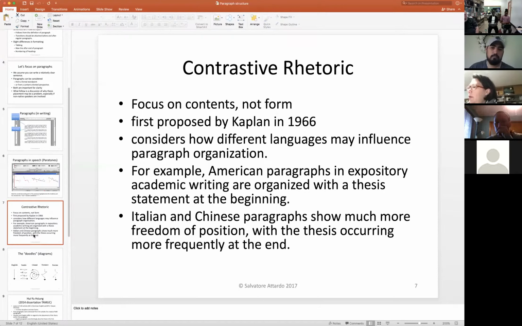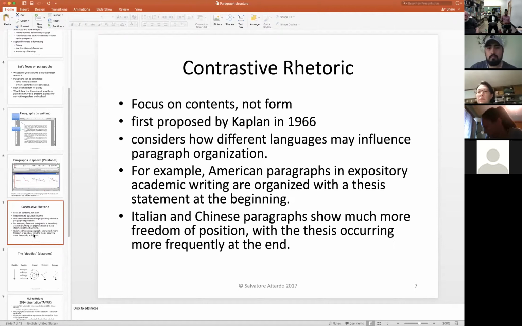And as you can see, it starts out with an article by Robert Kaplan that he published in 1966, so quite a while ago, in which he looked at a set of different languages and considered how they may influence the organization of the paragraph. Okay, and this article became incredibly famous, and basically any book that deals with paragraph organization and whatever